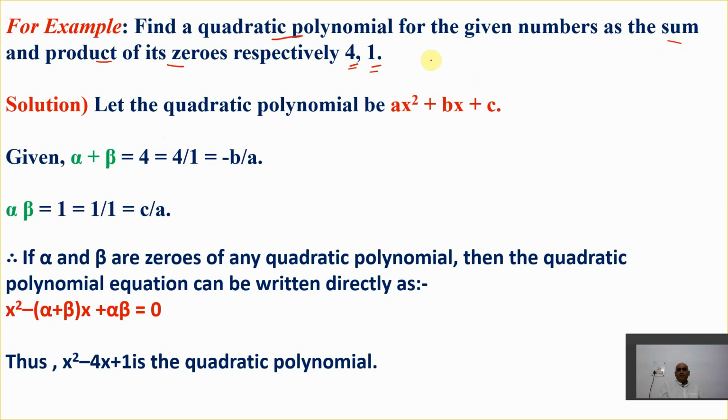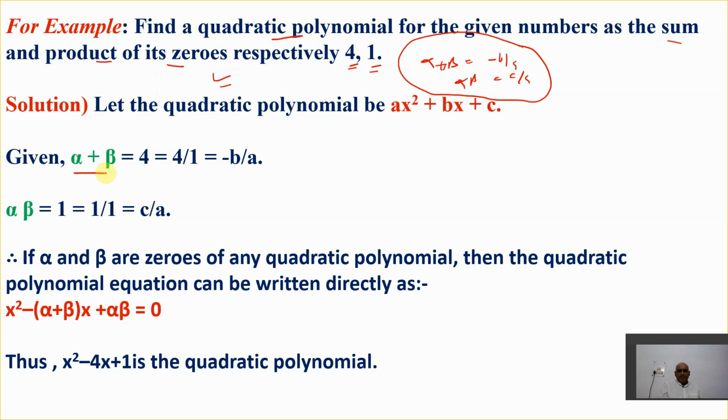So for the sum of zeros, we know the formula here: alpha plus beta. Just now we said it. Alpha plus beta was minus b by a, and alpha into beta is c by a. So this relationship was there in terms of zeros and coefficients. Now here we don't need the coefficient part. Zeros are sufficient for us. Why? I'll explain it here. Let's select this.